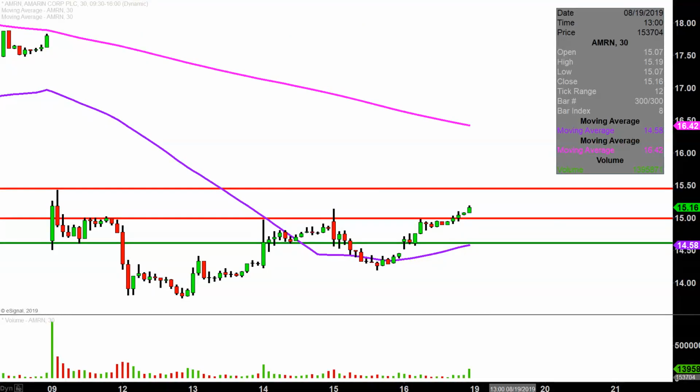Real quick, what do I mean by 30-minute in case maybe you're new to charts? Instead of each one of these candlesticks here representing 1 day's worth of price action, which is what you would normally see, each one represents 30 minutes. So while this here may look like several days worth of time, it's actually today's price action broken down into 30-minute time slices. I like to do this time frame. It does a good job of telling the quote-unquote story of the price, because that'll make seeing supports, resistance levels